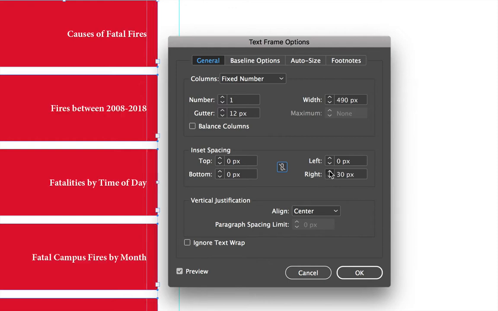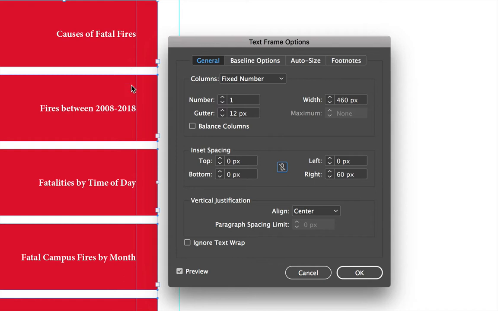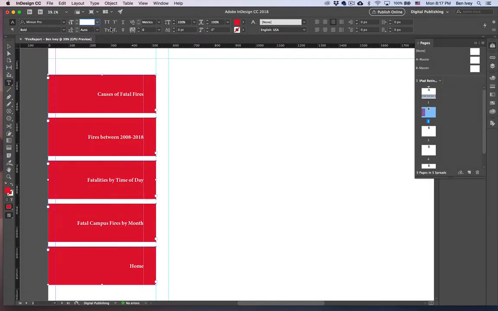As I increase this, you can see how it pushes it over and gives me some inset along this side without having to worry about the alignment within the inside of it. We'll say OK to that. Again, we'll also set a good size for it. Let's say it's set to 20. Oh, let's go much larger than that. Whatever you want to be for yours, you can also change up the font that you choose and the titles